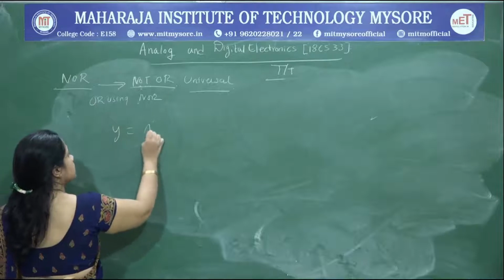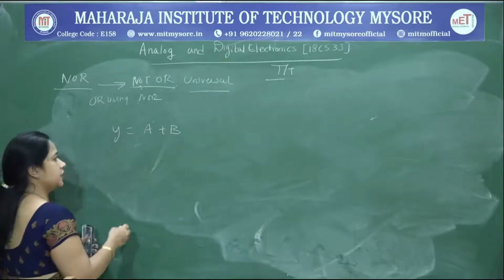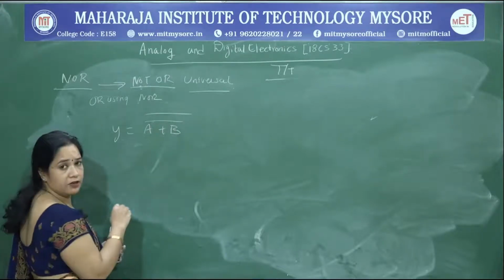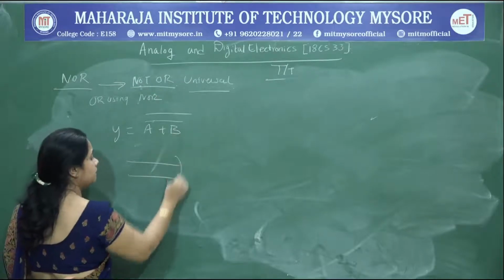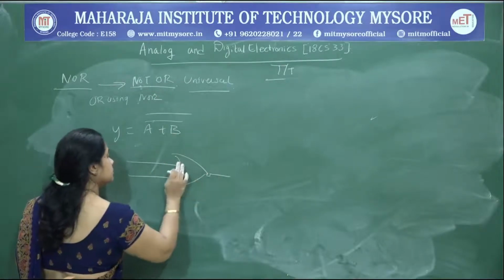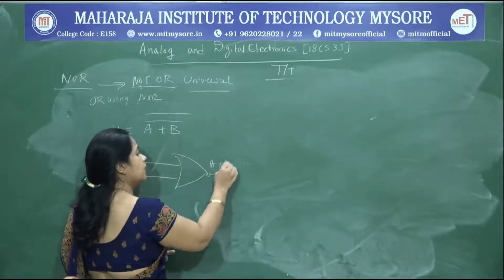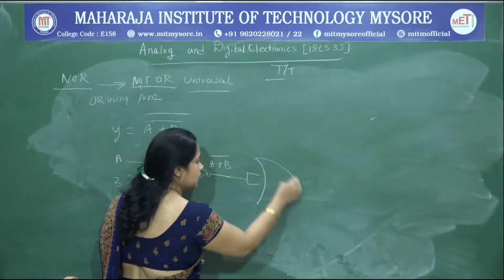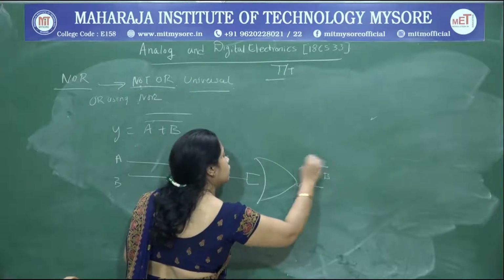Y is equal to A plus B is OR. So what I do here is complement this expression twice, does not make any difference. Now I can easily realize it using NOR gate. So A, B, it becomes A plus B whole bar. Need to complement this again, give the same input to both the inputs of NOR gate. It is going to be A plus B whole bar whole bar.